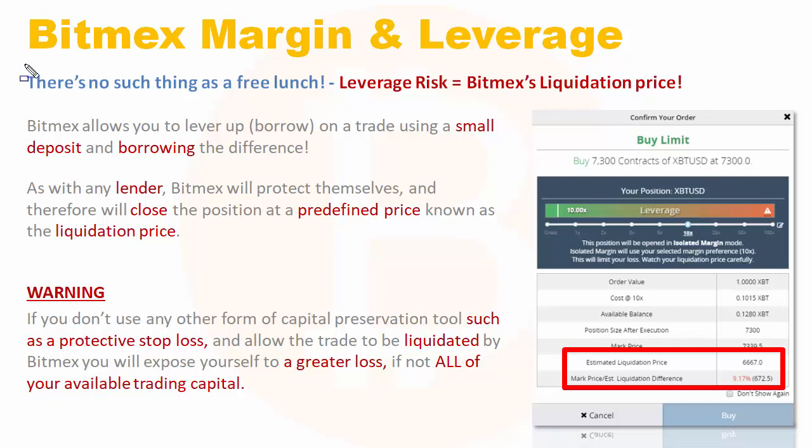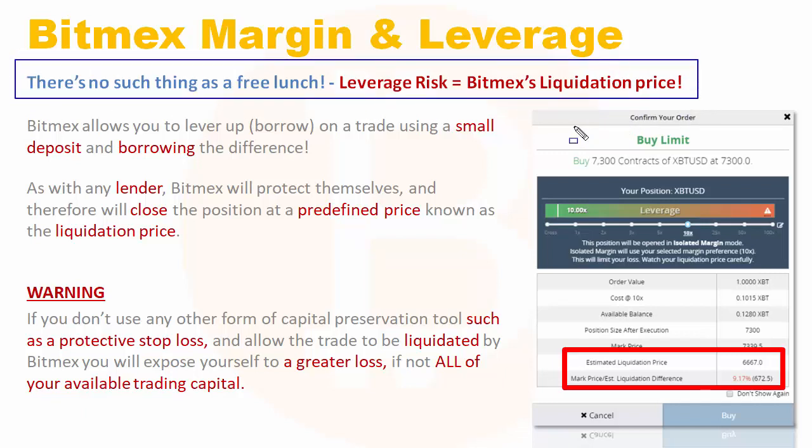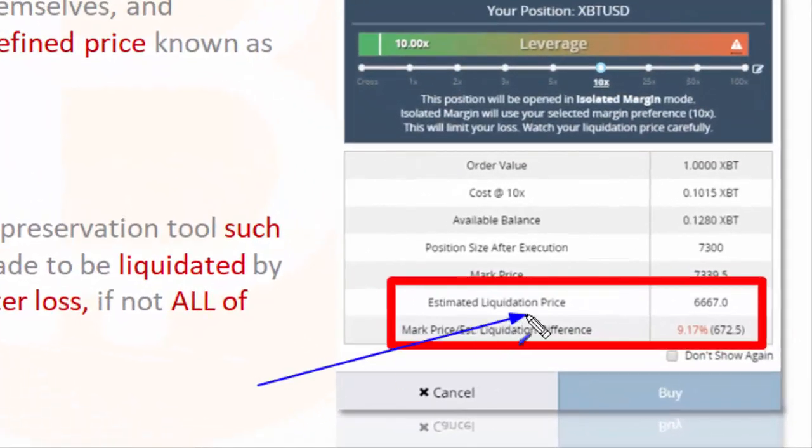So let's have a look here. As I said, there's no such thing as a free lunch. And what Bitmex do, they have this thing called a liquidation price. So before you put on a trade, you will be able to see what the liquidation is. And as the name implies, what they're going to do here is that if you don't put in any type of risk management yourself, i.e. a stop loss, or you don't get out of the market, and the market trades down to this price here,